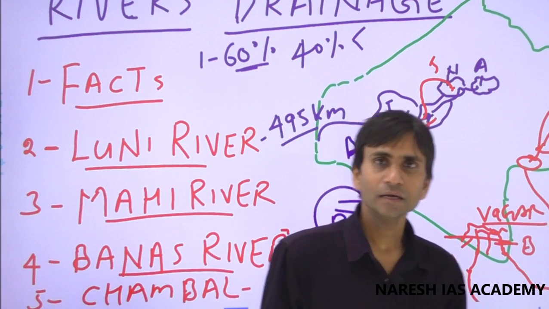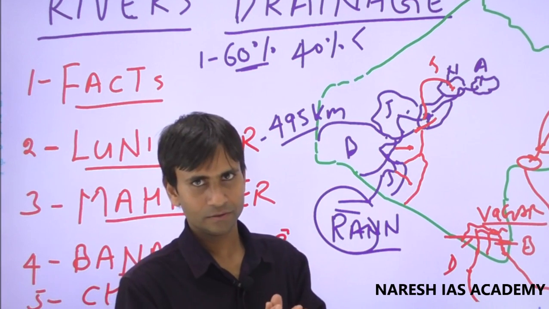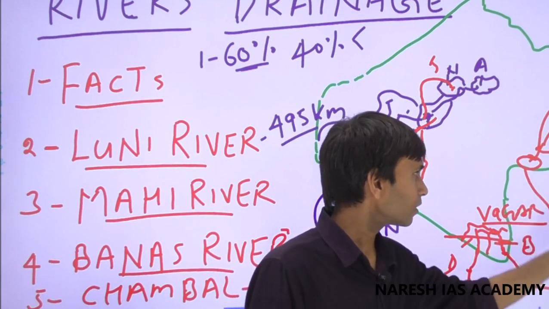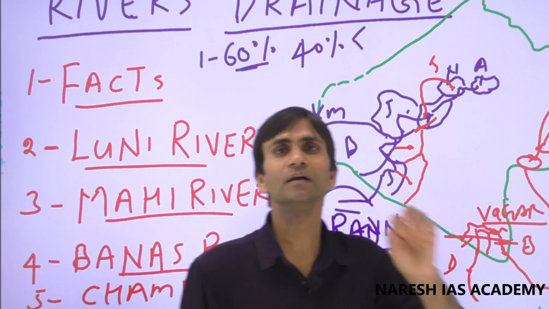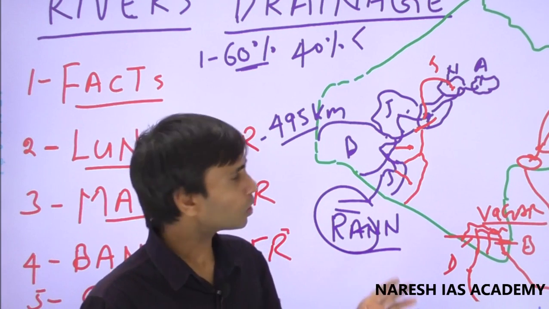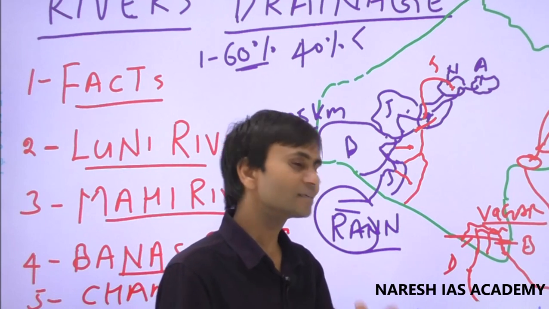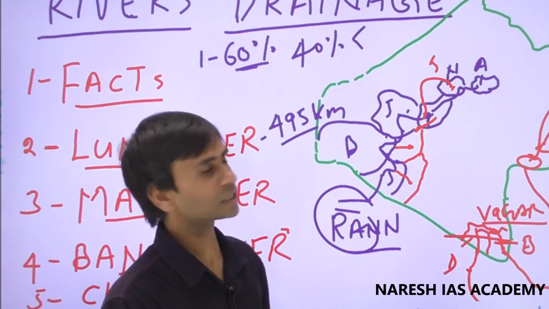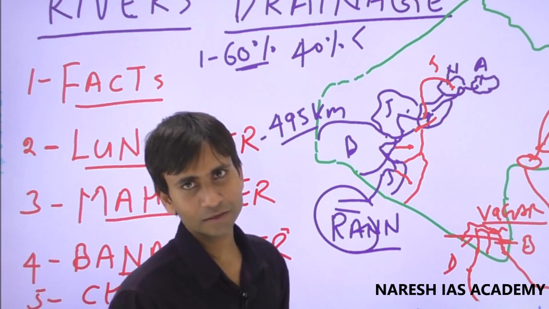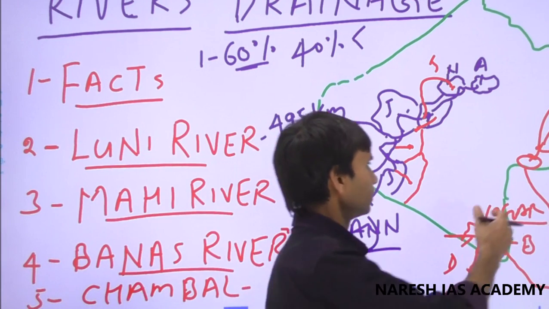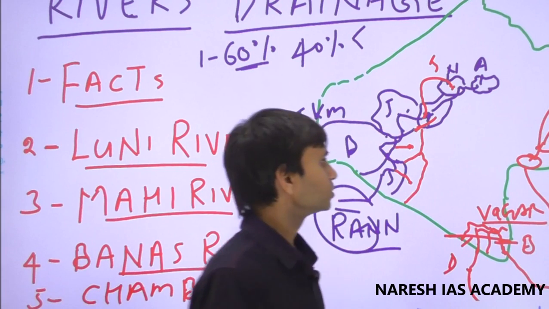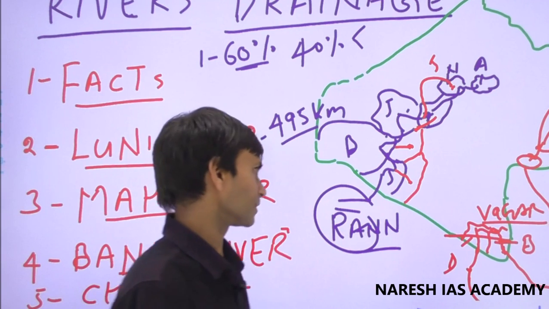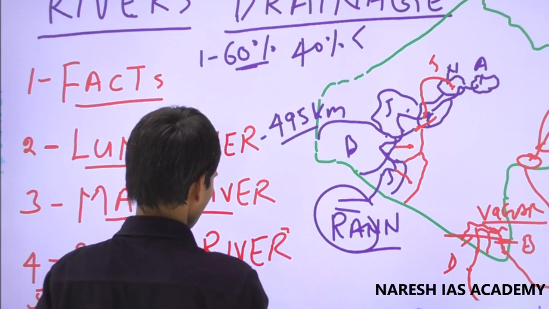Chambal is the largest river, but in Rajasthan it has only a 322 kilometer long path. So sometimes it is confusing which is the largest river or the longest river of Rajasthan. Then the dispute is resolved through a comparison between the Banas river and the Chambal river. First we have to understand the Banas river.